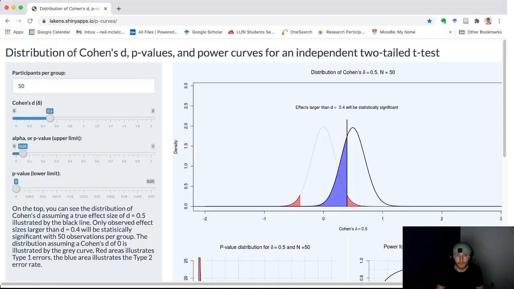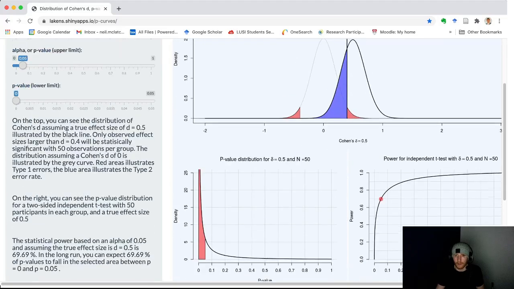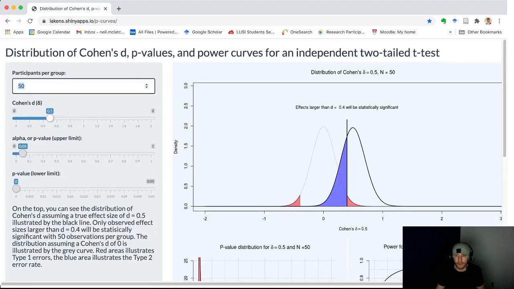Okay, so this is the app. You can go along, you can change the sample size. So here I've got the default is 50 participants with an effect size of 0.5 and a p-value of 0.05. And you can click, and no, you don't have to click anything, but let's just say, and you can see